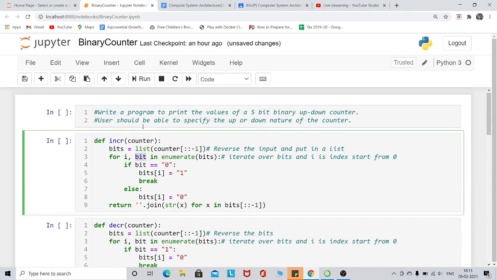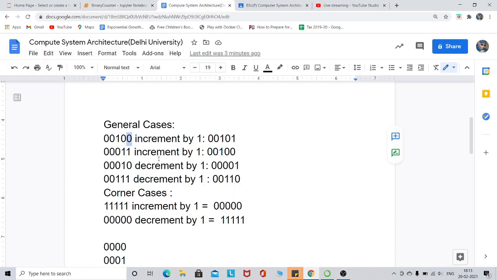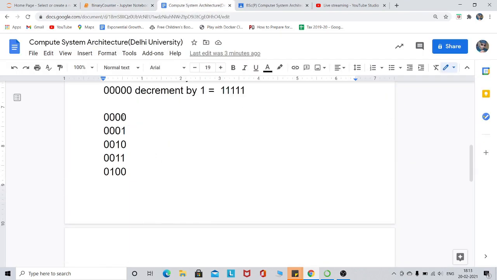So I want to trace over the bits. What is the logic here? In the case of incrementing, what is the logic? I have to convert the 1 into 0, then 1 into 0. Until I get a 0, I have to convert 1 into 0. As soon as I get the first 0, I have to convert it into 1 and exit from the code.